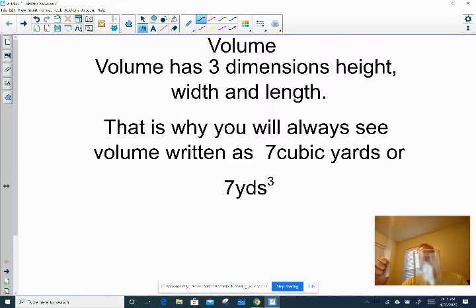So the first thing I'm going to do is measure. It says measure the height. Because it's got a glass on the bottom, we're going to measure from that point to the top, and we see that it is 5 inches. Now, when we're talking about a cylinder, we need to find the volume, the area of this circle here,